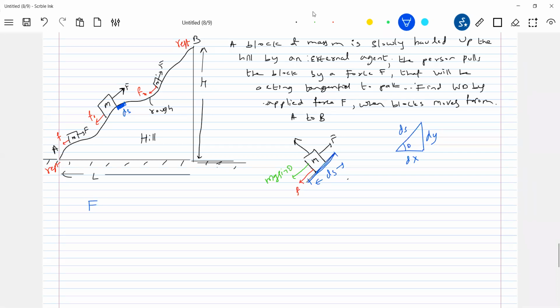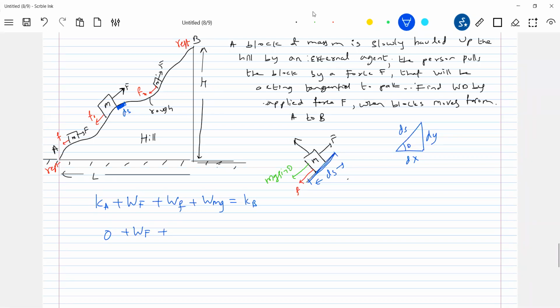So what is the work done by the external agent? Applied force, work done by applied force, initial kinetic energy. So I'll start the problem like this. Kinetic energy of the block at A, plus work done by applied force, work done by the friction, work done by the gravity, equals final kinetic energy. From rest to rest, it is hauled up. Then work done by the external agent, this is what we have to calculate.